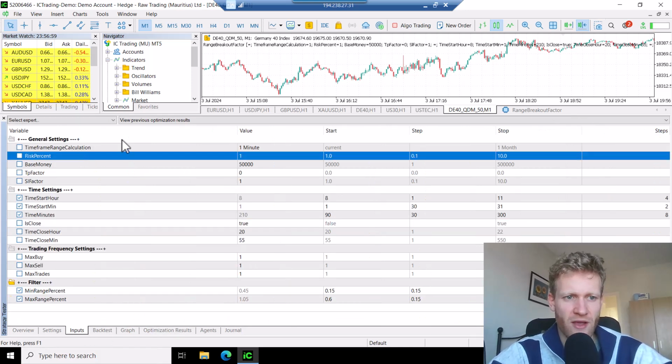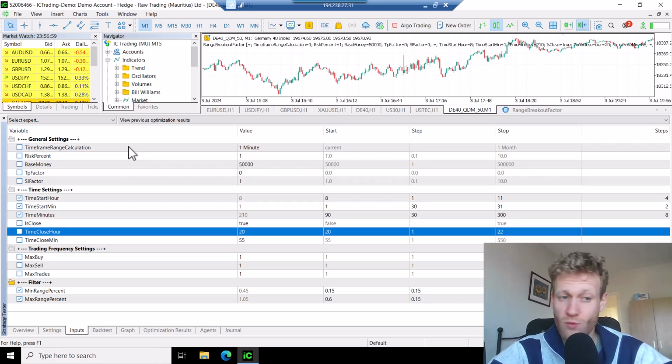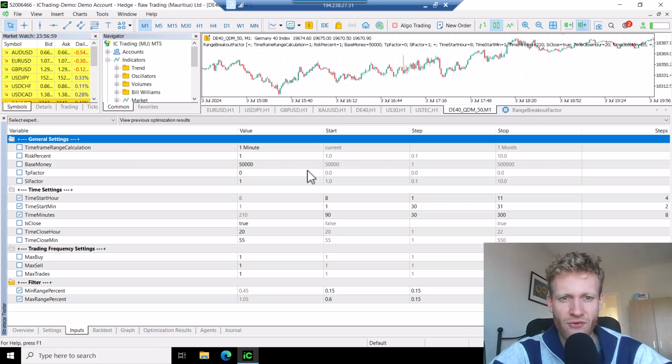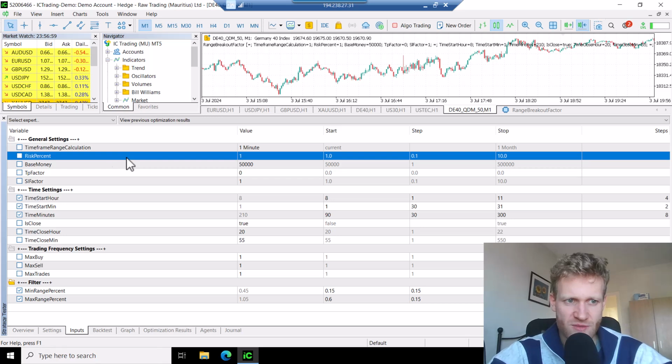To show you my thought process, if we go over these settings, I want to tell you what settings I would test first and why. For example, the time frame for the range calculation has no impact on the actual performance, so I would not optimize this at all. Risk percent also has no impact on the actual performance, so I would not